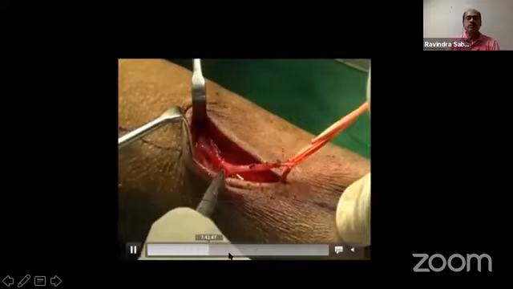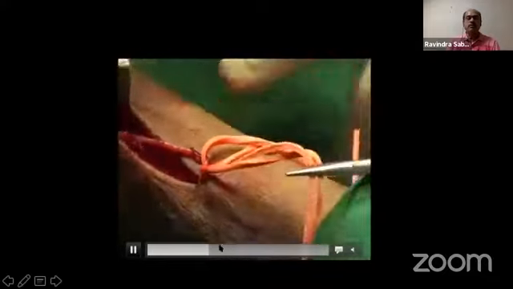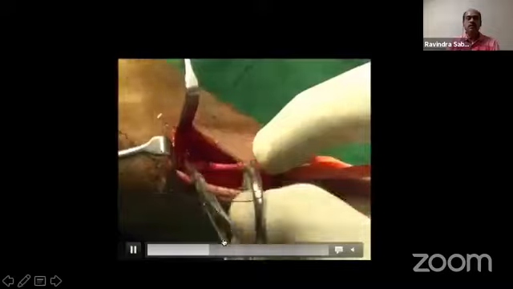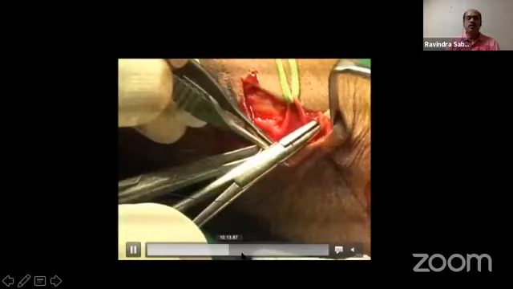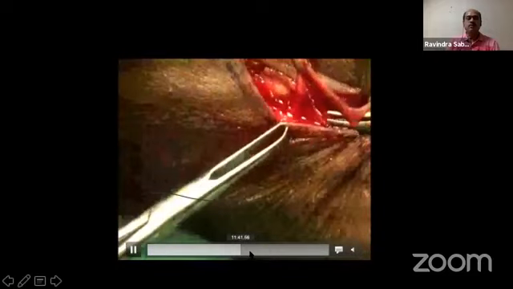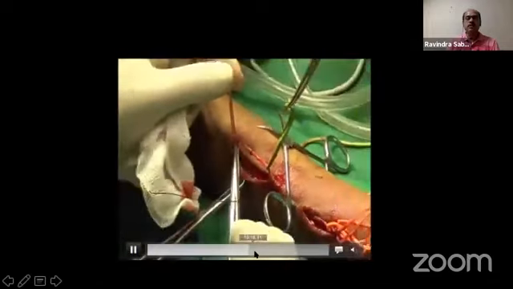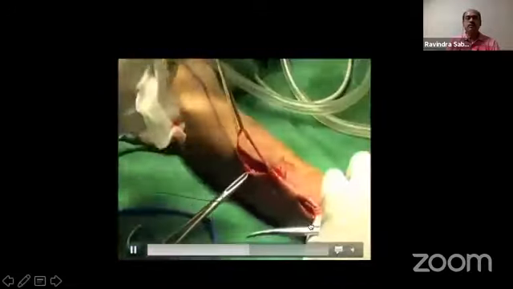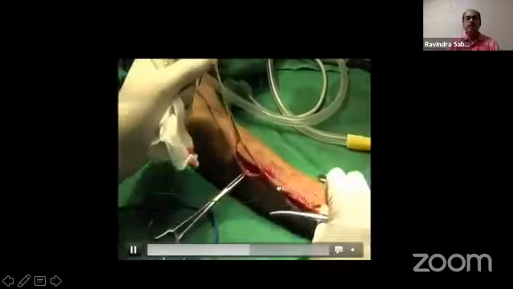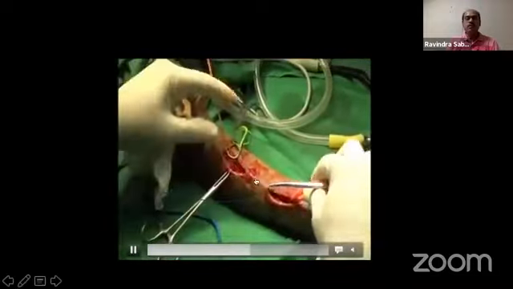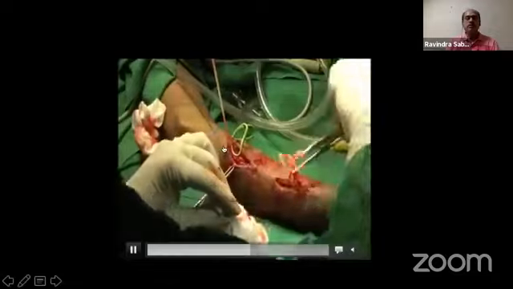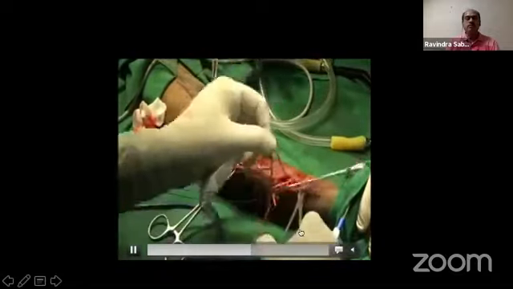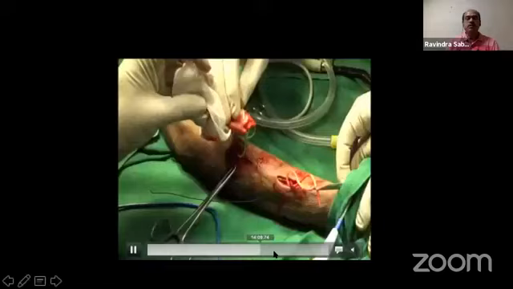All the tributaries are to be ligated, and now you can see that the whole segment is getting completely freed up. Now this is coming again higher up, and I will just fast forward this video, because you just have to understand the technique and the principles of it. Once you ligate all these tributaries, now you can see that the whole vein segment is getting freed up. There are small incisions so that you avoid one long big incision, and this can be dissected right up to this place, and the transposition can be done.